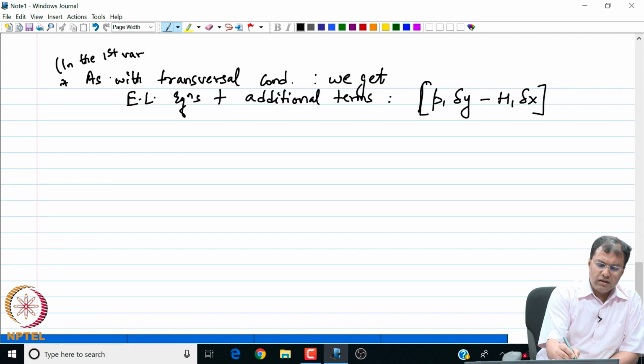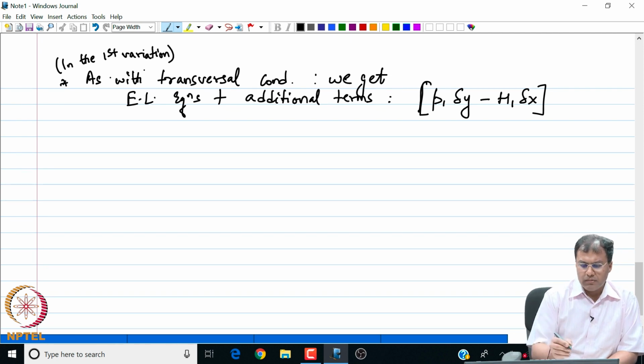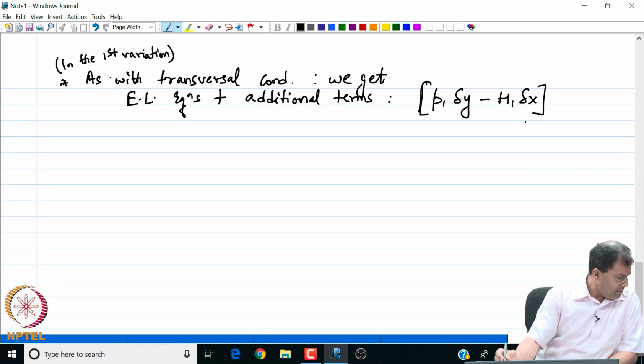What I am trying to say is, we have not yet set the first variation to 0. So, I am just writing down the terms that we will obtain in the first variation. We will get Euler-Lagrange in the integral as an integral constraint plus these certain other quantities, right. Now, where